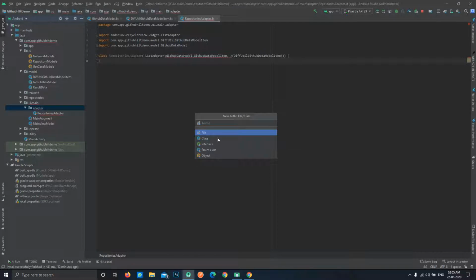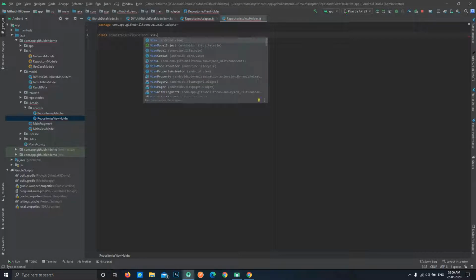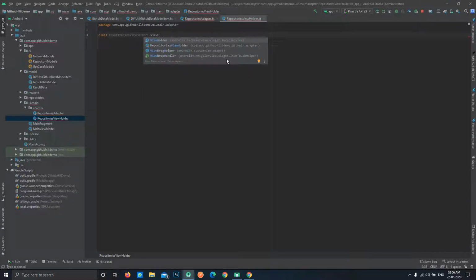So let's create a file named repositories view holder. This will be a simple view holder class, as we did in our previous recycler view adapters. So this will extend view holder from our recycler view like this.